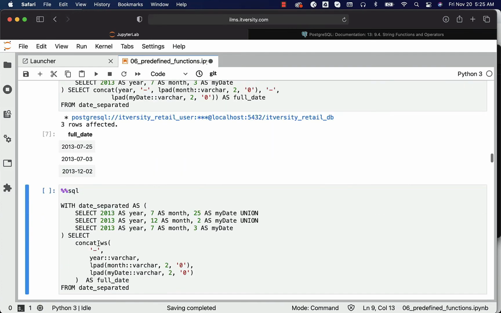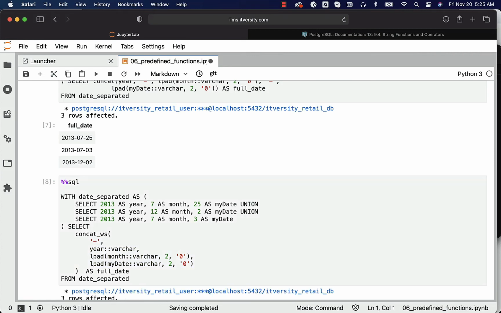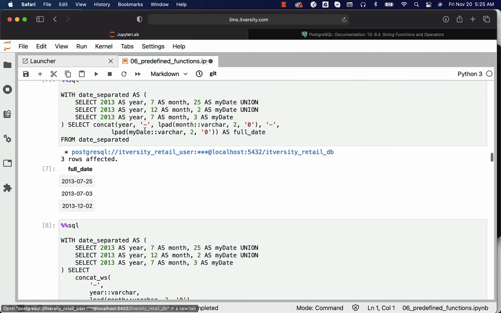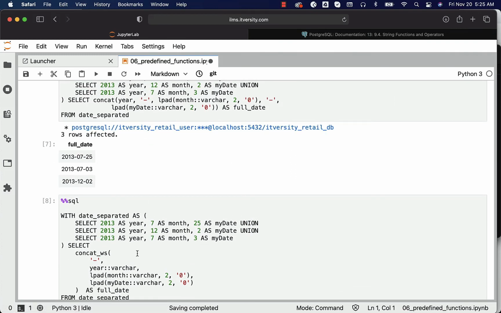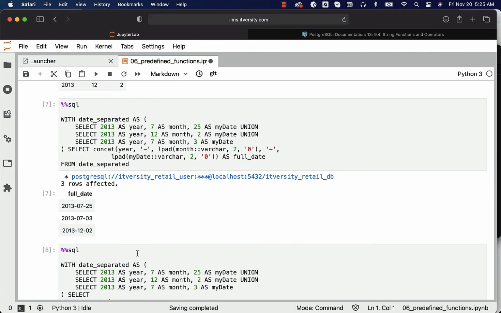Now you can use concat_ws. The first argument will be the delimiter. Then we can specify the columns which we want to concatenate using the delimiter specified as part of the first argument. This will also give the same results. However, this approach is a bit more readable compared to concat when we want to add a delimiter between all the column values while concatenating them. This is how you should be able to concatenate multiple strings or column values either by using concat or concat_ws.